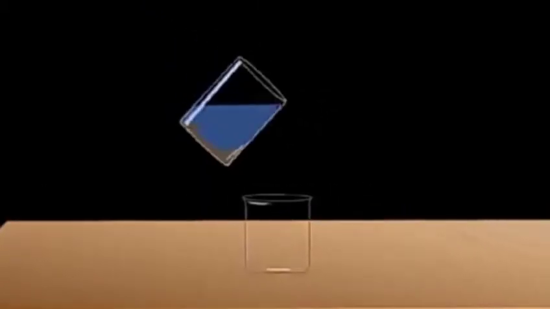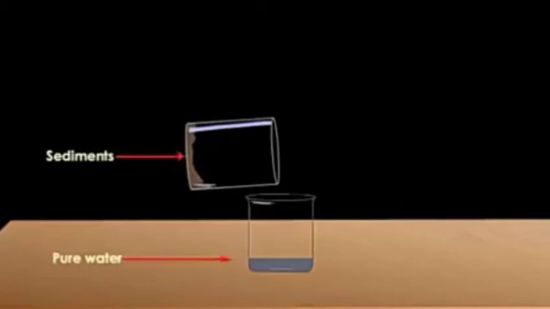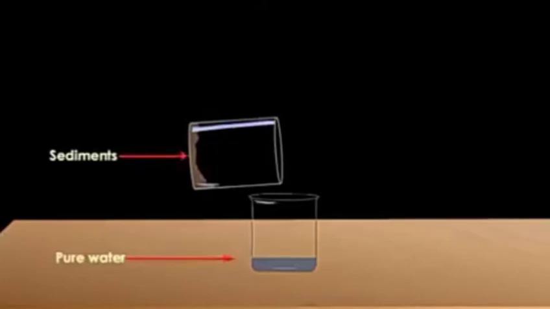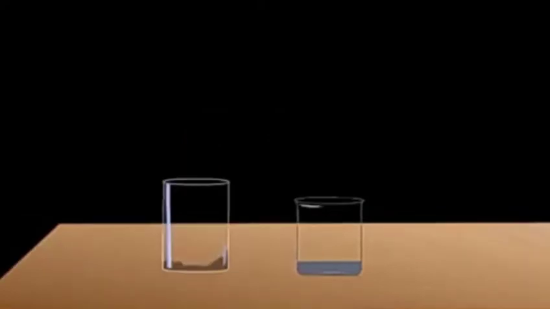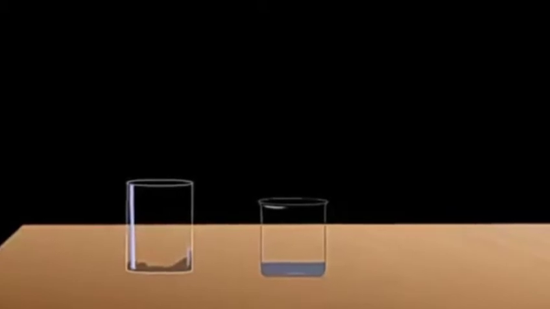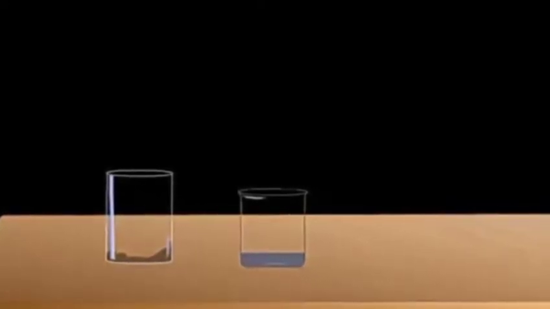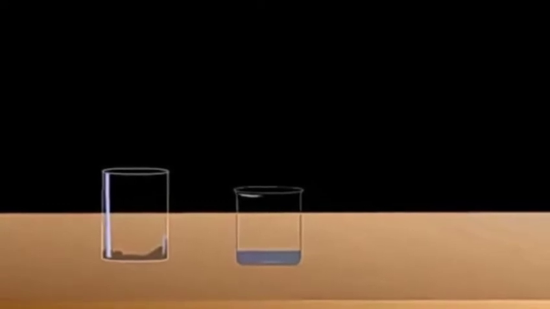Now we can simply collect the clear water that is above by tilting the beaker into another beaker, and then we will have two beakers. One contains the sand which was settled at the bottom, and the other has the clear water that was at the top of the sand. And this process is called decantation. But still, the second beaker containing the clear water that we collected by decantation has some fine particles of the sand still in it. How can we separate them out? We can separate them by the method of filtration.